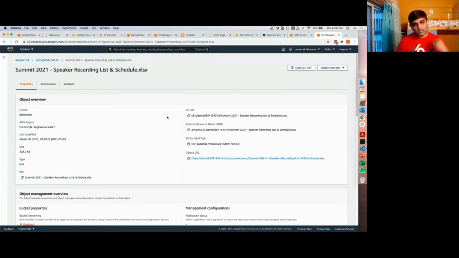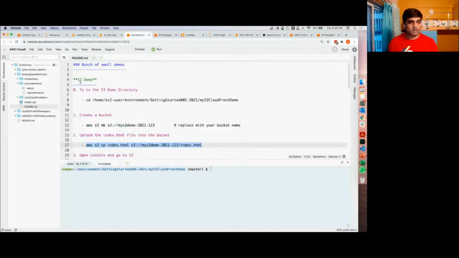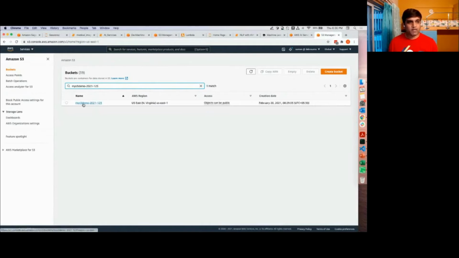Okay, so the first demo I want to show you is how you can build a static page web application using S3. Okay, so the way that you can do it is you come to S3 and you can create one bucket. I guess I have one bucket where I have kept that. Let me just first get that bucket name. Yeah, this is the bucket name. I'll tell you what this window is, but for simplicity, let me just first come here and show you that. Okay, so there is one bucket, my S3 demo,